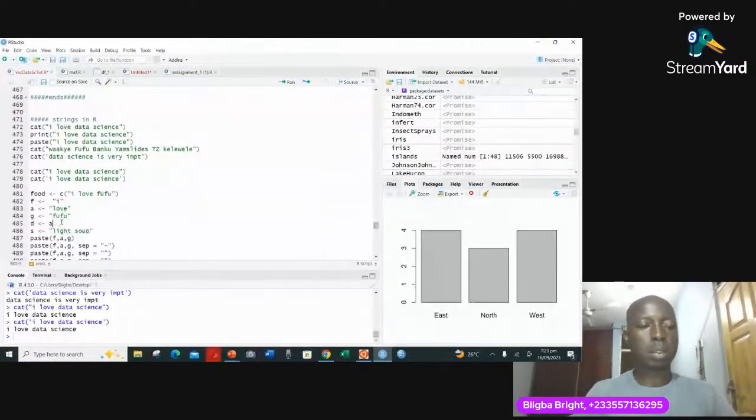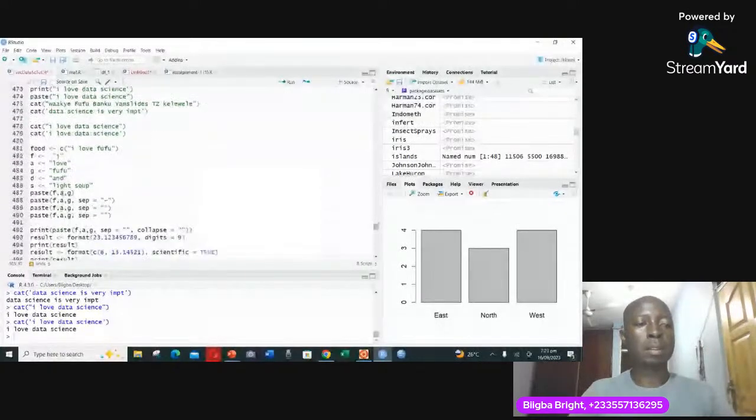So this should have been like this. When you have it this way, you can put all of them together. Here I could have added D, comma, and then S. So when you print that, you're going to have